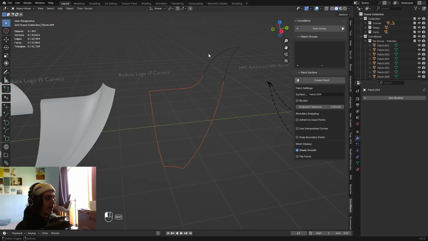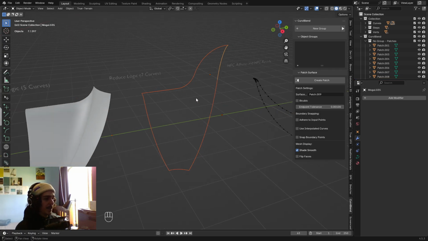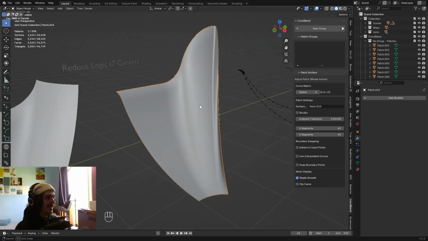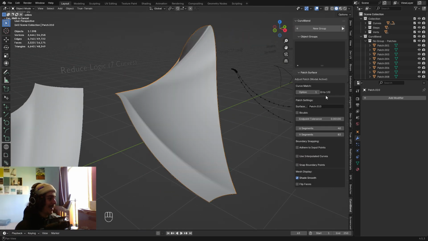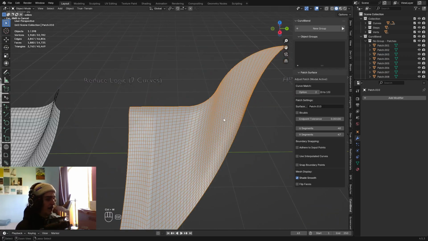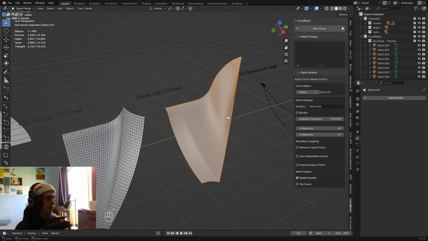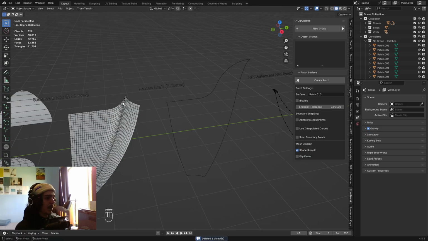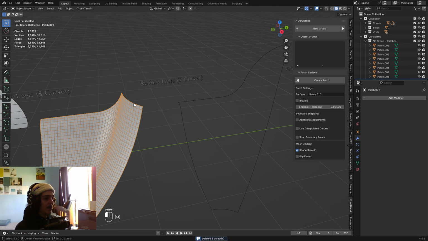So again, you're going to start to see more and more of those ridge artifacts the more curves you try and input. So obviously that's not a very desirable result. You've got a lot more options also now to choose from, however. So eventually you might find something that you like. But if you turn that wireframe back on, it's again not the nicest surface. So in those situations, I would usually recommend